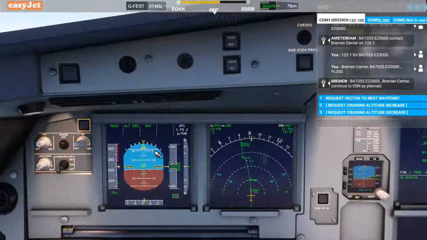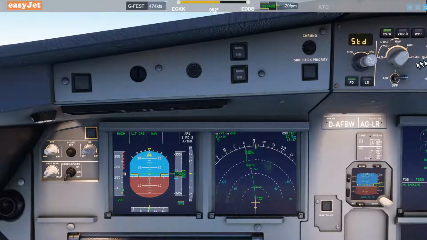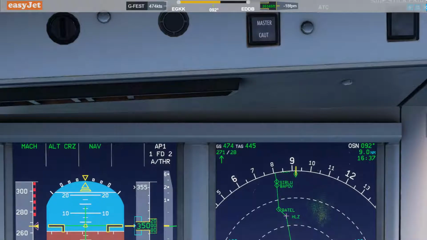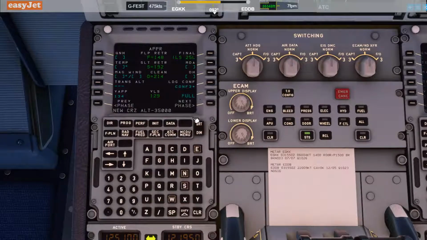Let's just check that. I don't remember seeing that, so perhaps I did. Oh yeah. Oscar Sierra November, so we can. Oh, it was just much closer than I thought. So that's good. Okay. Right, so what we can do, the missed approach here is